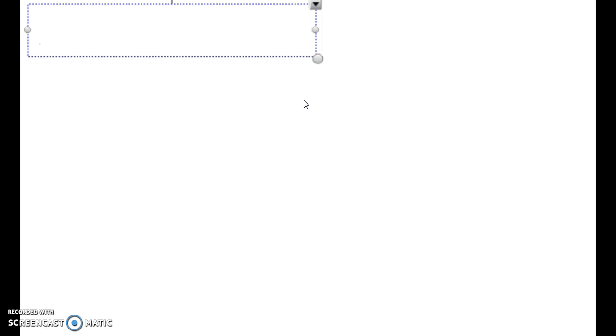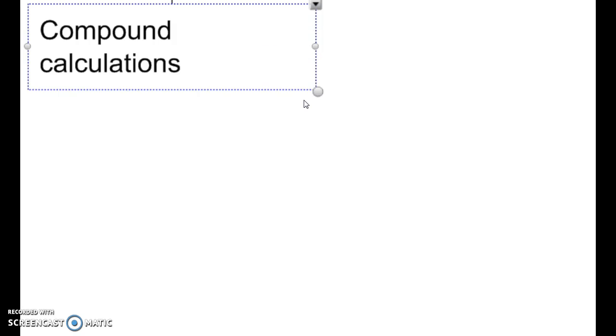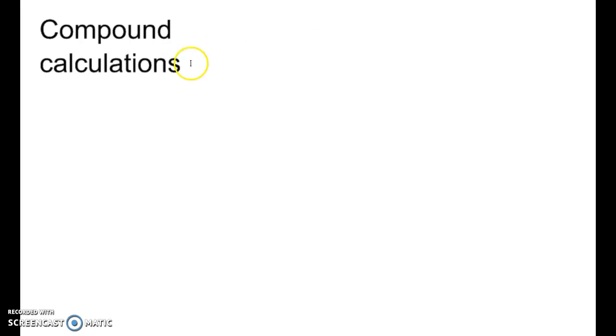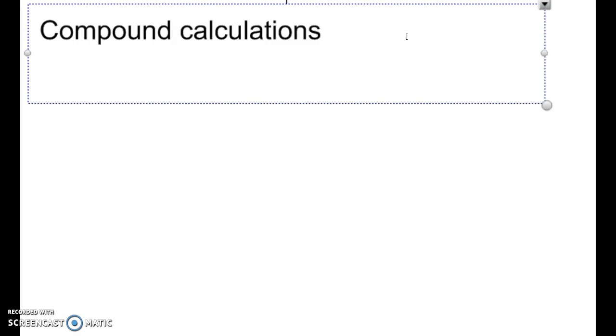But third, I'm going to show you how to do this. This is what we call compound calculations, and it's really easy. I promise, you'll be good at it. But I didn't think you would know what to do if I sent it over without showing you. So with compound calculations, if I have a compound that is like